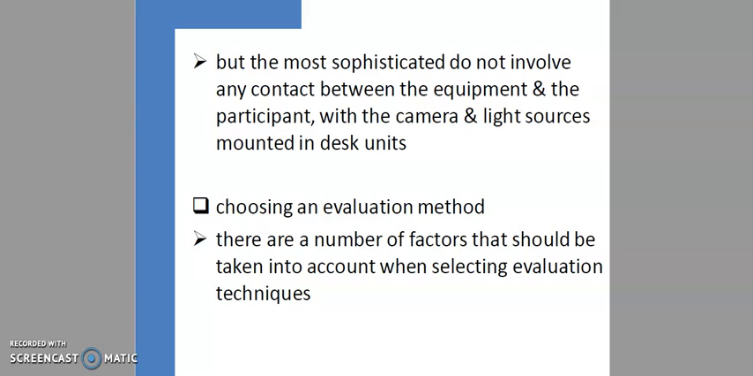Next topic is choosing an evaluation method. This is also an important topic. There are a number of factors that should be taken into account when selecting evaluation technique. We see the range of techniques is available for evaluating an interactive system at all stages in the design process. There are some factors distinguishing evaluation techniques. We can identify at least 8 factors that distinguish different evaluation techniques and therefore help us to make an appropriate choice. They are